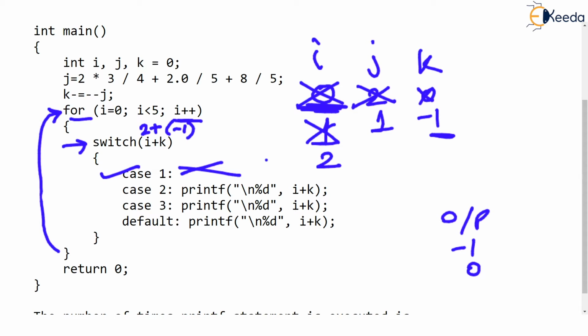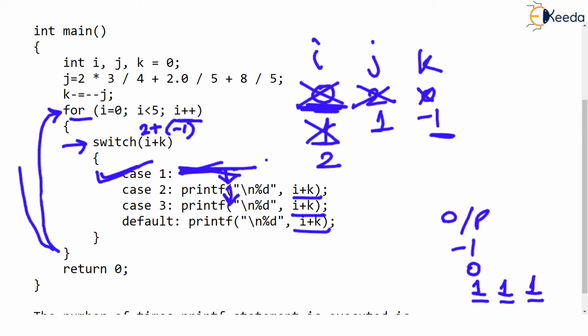I hope you have watched the earlier videos on switch case. Now, importantly, case 1 has become true. So case 1 will run, but nothing is written in case 1, not even break. But then the next cases will blindly run. If the break is not given, the next cases will blindly run, which will print I plus k, which is clearly 1. Again, it will print I plus k. Case 3 will also run, which is of course 1, and I plus k, which is of course 1. So the next three outputs printed will be 1 followed by 1 followed by 1. Although these are on separate lines, I have written it on the same line.